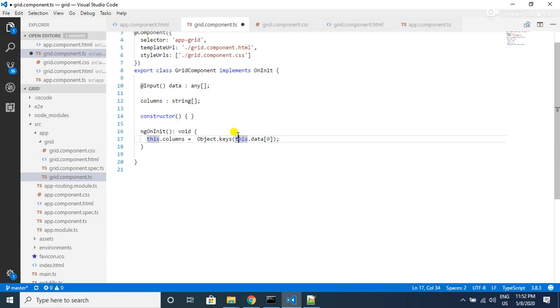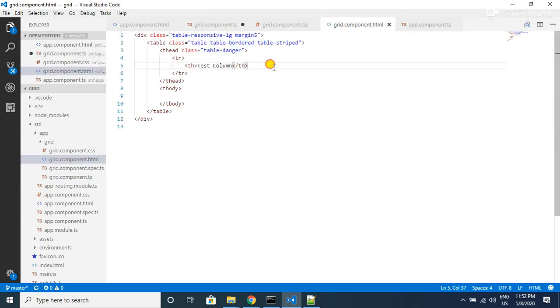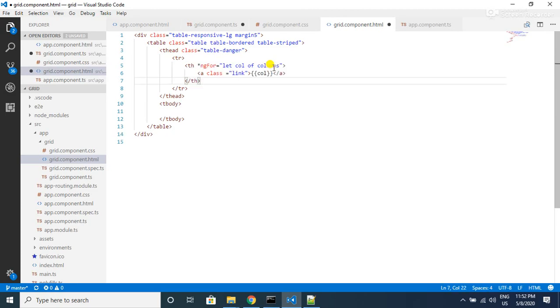Now we have the columns in our columns variable. So let's bind these columns to the table. Let's go to grid.component.html, remove this hard coded header tag, and loop through these columns. For each column we want to show an anchor tag, so that we will have one underlined link for a better UI.